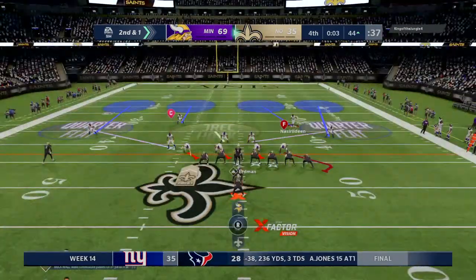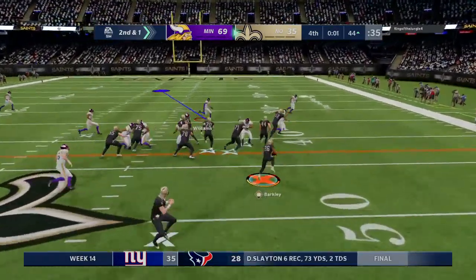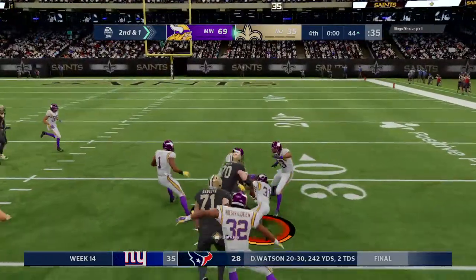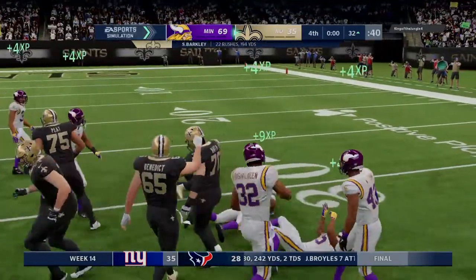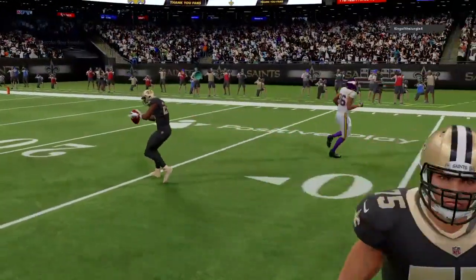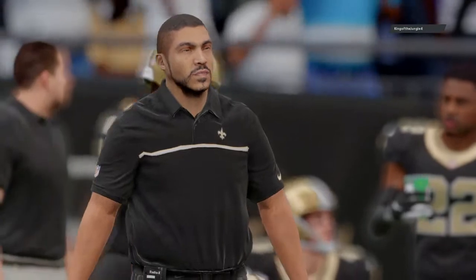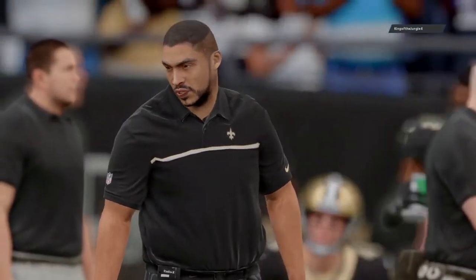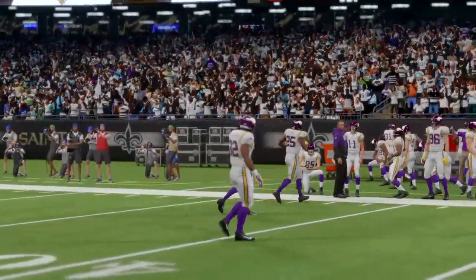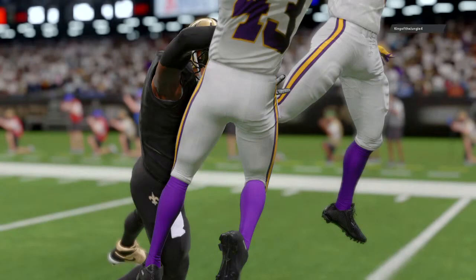The previous run good for 9. Here's second and a yard. They'll go to Barkley again. And past the 35, he'll be dropped a yard or 2 shy of the 30. Today's final score, Vikings 69. A big offensive explosion helped leading them to victory. And the defensive guys, they're just saying, hey, put those points up every week. We'll just keep winning. They will gratefully accept them, won't they? It makes their job that